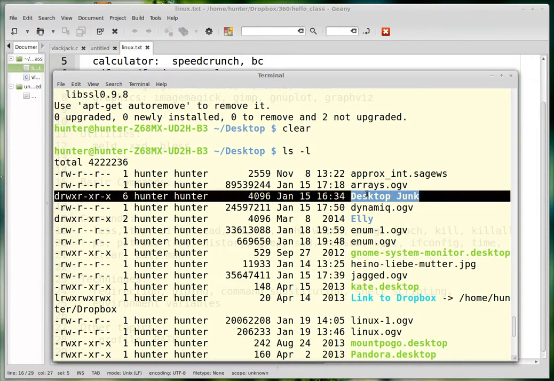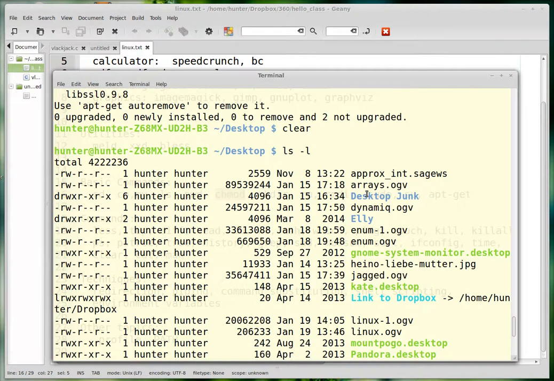has for the desktop junk directory. So it can read, write, or execute it. Why you would want to execute a directory is beyond me, but I have permission to do that if I want to. This second column is for